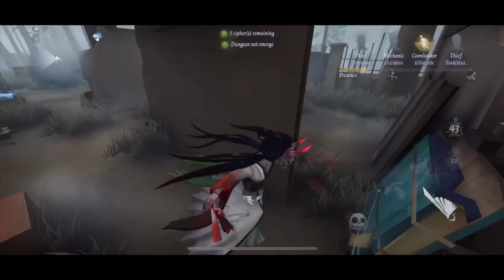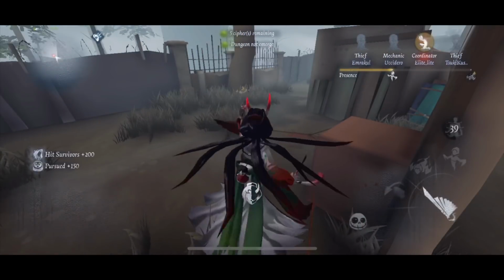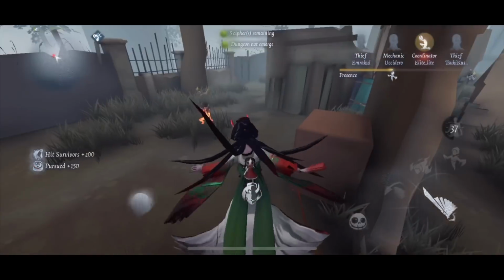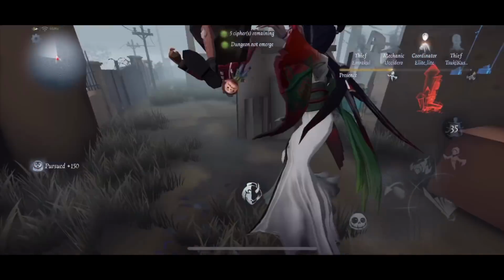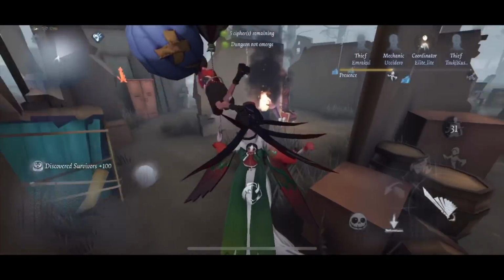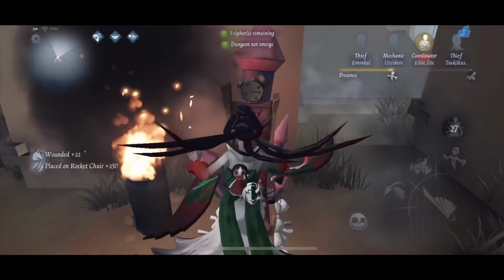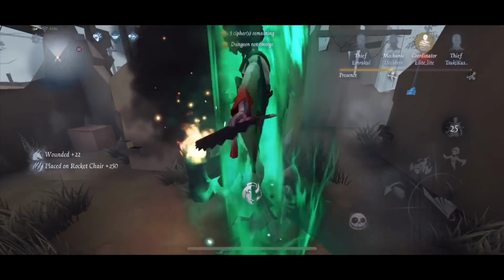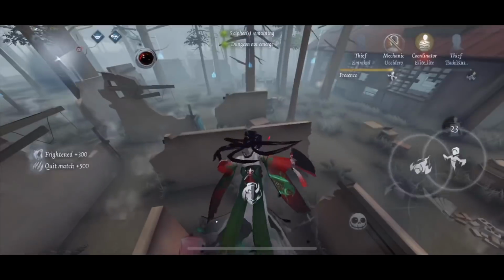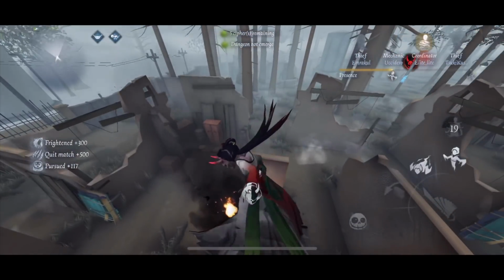So I'm going to show you trick number two that really nobody knows about, and you should know about this because it's really cool. So when you put somebody on the rocket chair with a Geisha, she has this cool little trick where if you use her skill that pops you up in the air. So I'm going to do it now. All right, so you see how I'm in the air. When somebody goes for the rescue,